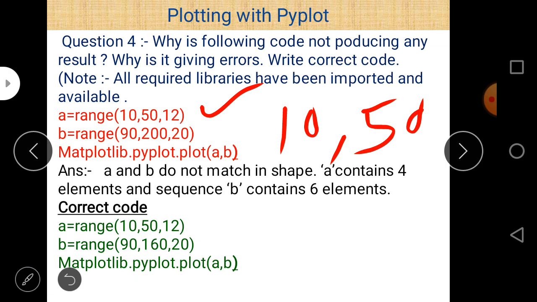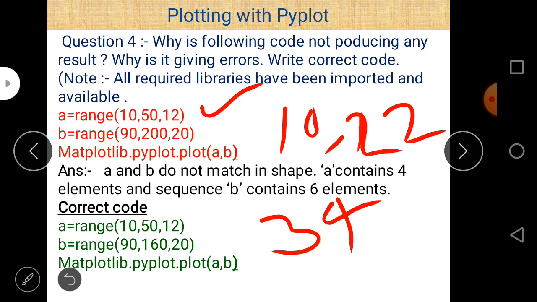The first value is 10, the second value is 10 plus 12, it means 22. The third value is 22 plus 12, it means 34. And the fourth value is 34 plus 12, it means 46. So there are four values. So a contains four values: 10, 22, 34 and 46.